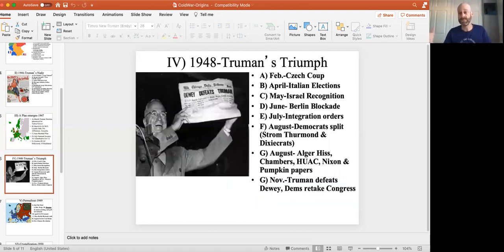Arthur Miller writes this brilliant play, The Crucible, that's about the Salem witch trials. And we look into our past and we say, we can't let our fears get the better of us where we are so paranoid that we become our own worst enemy. The Soviets are a problem, but these questions they were asking were ridiculous.